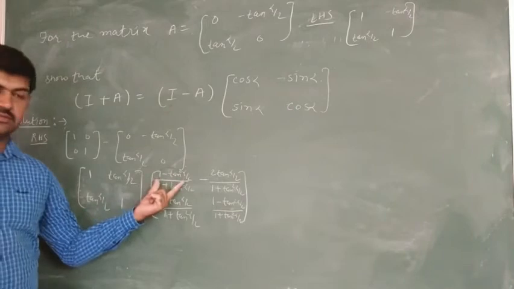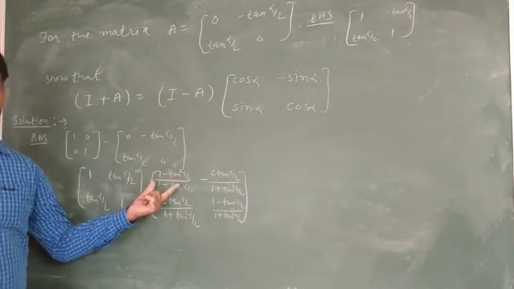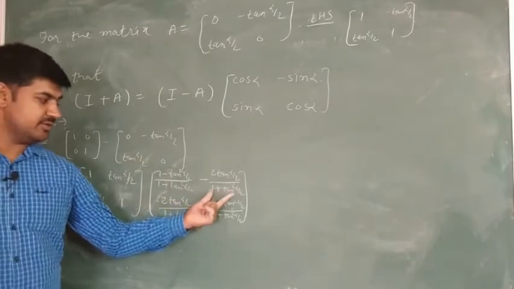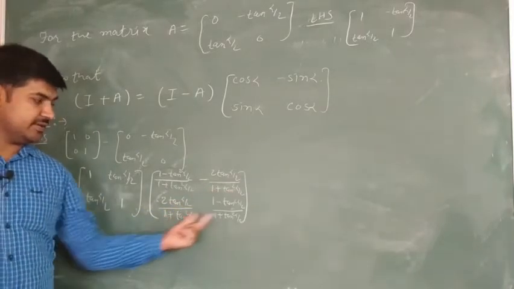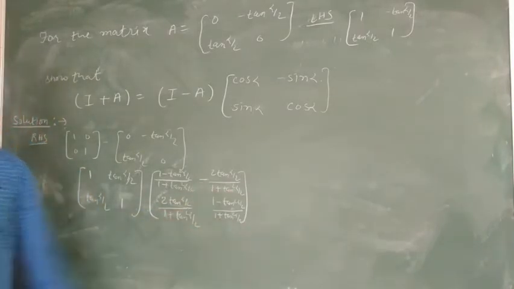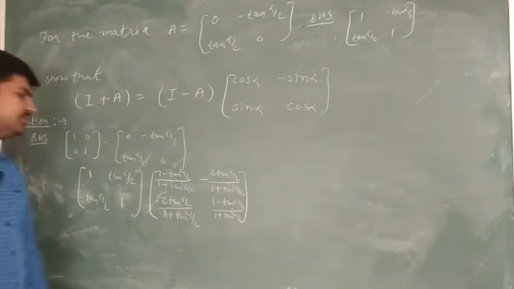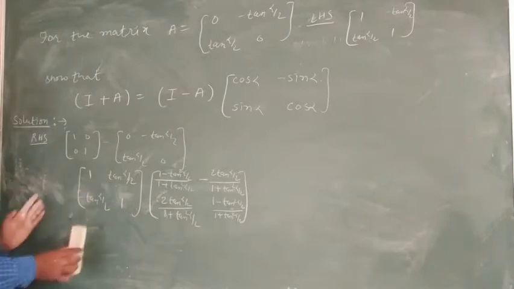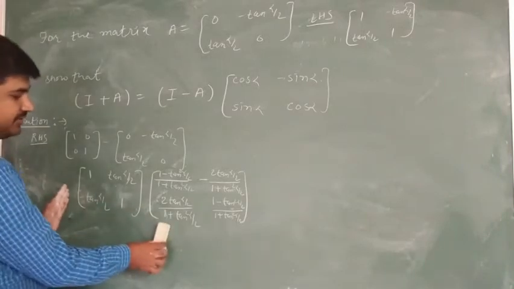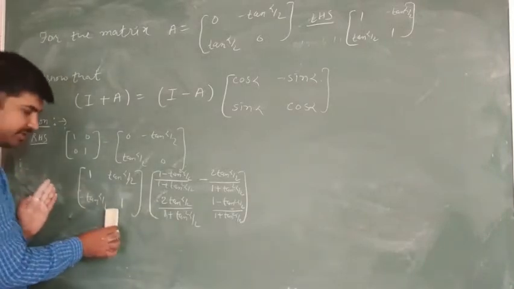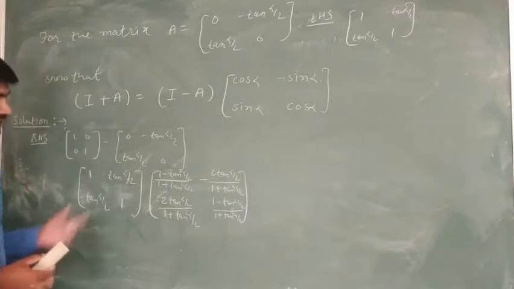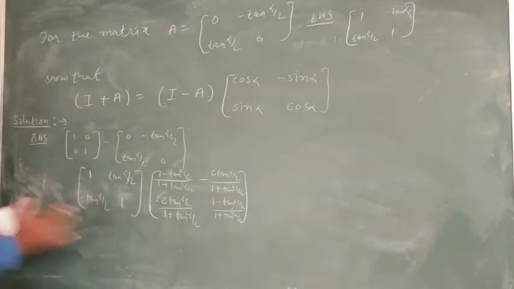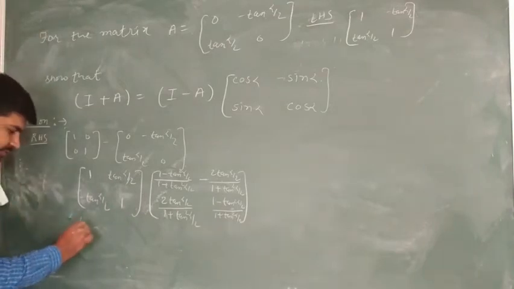Here that was cos alpha. Cos alpha has been written in this particular form, minus sin alpha has been written in this one. This is sin alpha and this is cos alpha. You know the trigonometric identities. Now we have this particular expression, both of the matrices are in terms of tan alpha upon 2, and can easily be multiplied. So if you feel it a bit complicated, here you can suppose